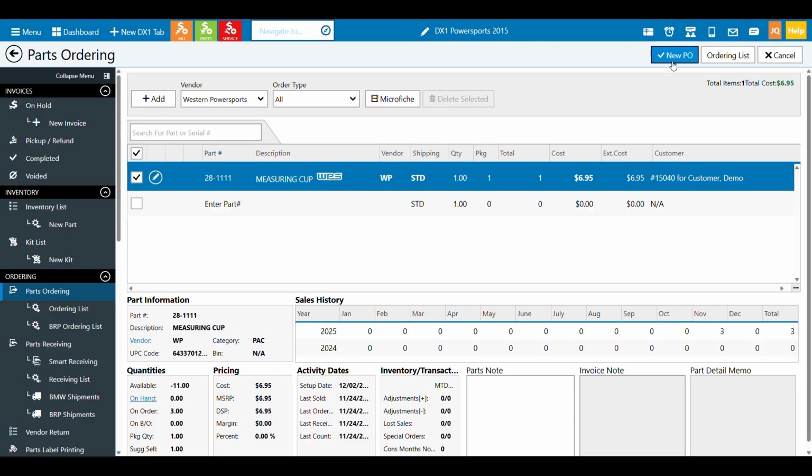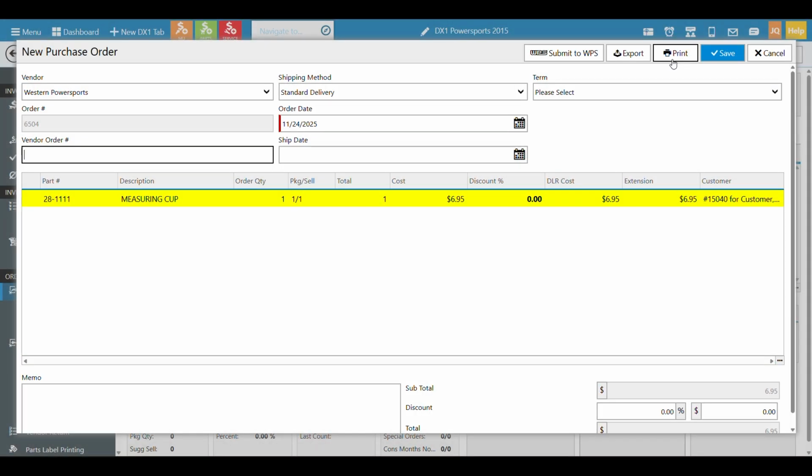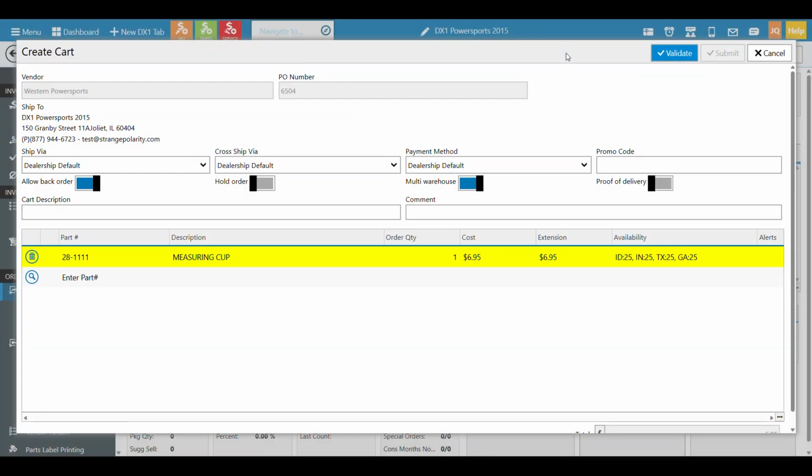The other integration you'll find with manufacturers and vendors in DX1 is the ability to submit via a cart. So this will save you the time from exporting a file to your computer, logging into their portal, uploading it, hitting accept, all that type of fun stuff. Here, we can go ahead and speed the process up and just say, hey, we want to submit it to WPS directly.